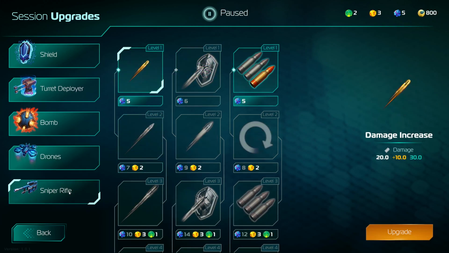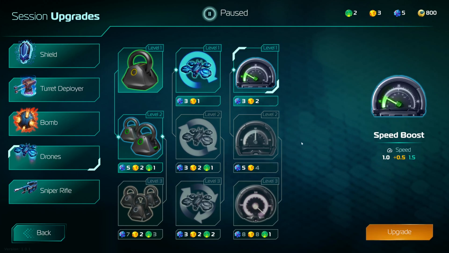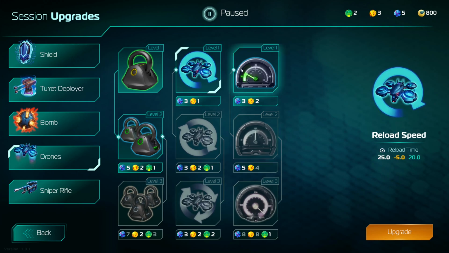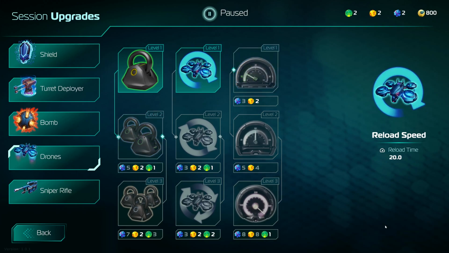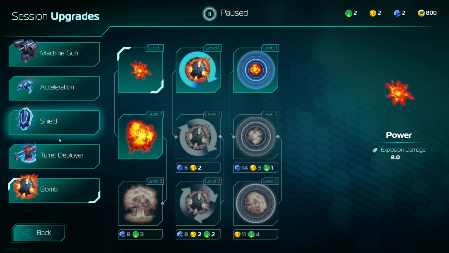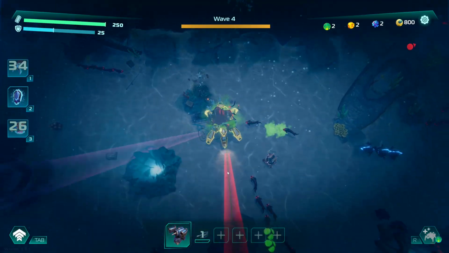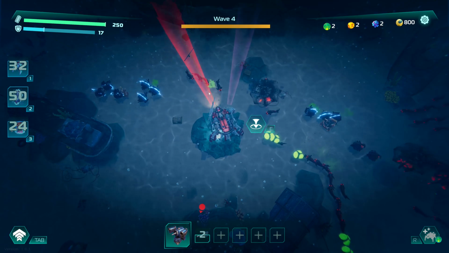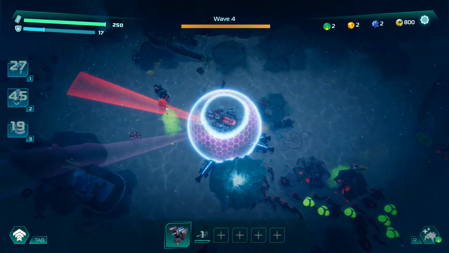Maybe just an increase to our drone's capacity. Yeah, let's go ahead and we'll boost up their speed. 3 and 2. Could go carry capacity, but I think we'll go with the reload speed. I think for now that could be better. We'll get one blue one very easily, so it's not the be all and end all. And yeah, that'll just have to do. Go ahead and we'll fire off our shield. We'll let our turret do some work. And then hopefully...